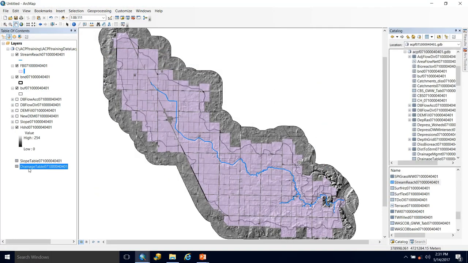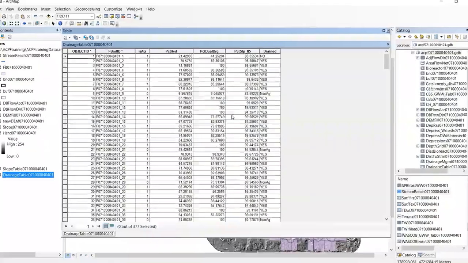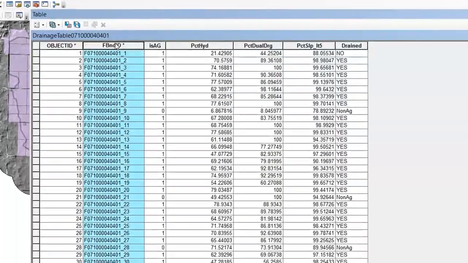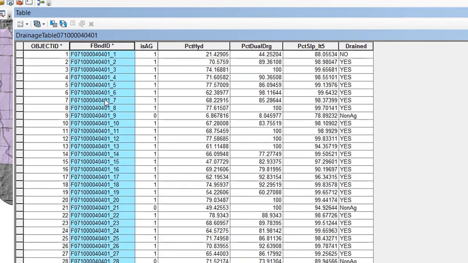Alright, so our tool has just finished running. You can see we have our drainage table automatically added to our table of contents. So let's open it up and take a look at some of the fields we've got. We have that field boundary ID field again, which will be useful for creating the join with the field boundary